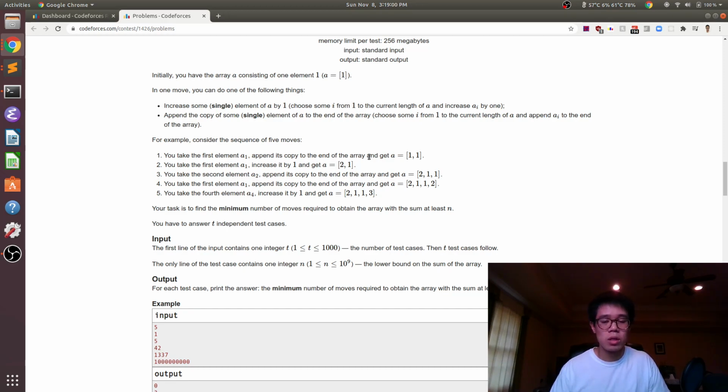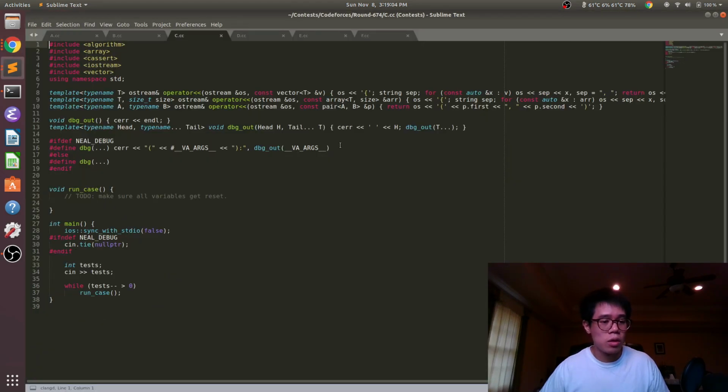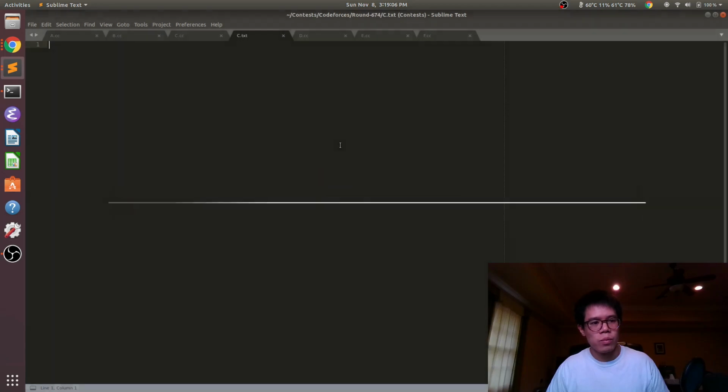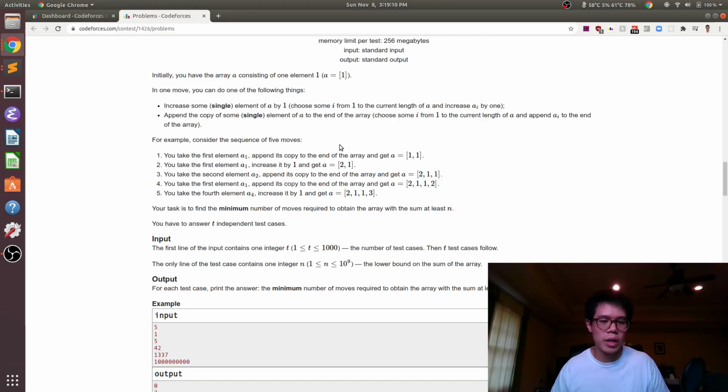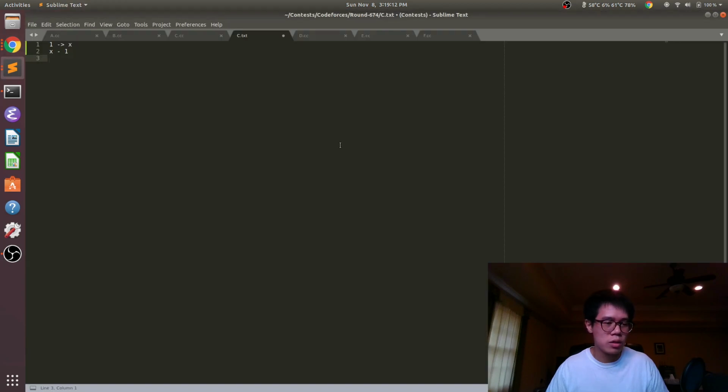So if we do that, for 1 to go to x costs x minus 1, and to make y copies of it costs y minus 1. So in order to get a sum of x times y, that will cost x plus y minus 2.